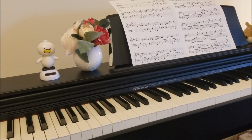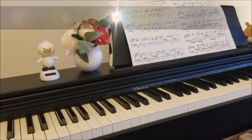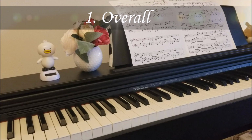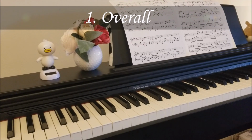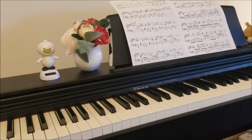Hello, so I'm going to review my Privia in a little bit more detail. I wanted to say that overall, compared to the other electric keyboards that are on display in Sam Ash, this keyboard beat them all soundly. And in fact, it wasn't even the Privia 770, but rather an older model, which I think was in the